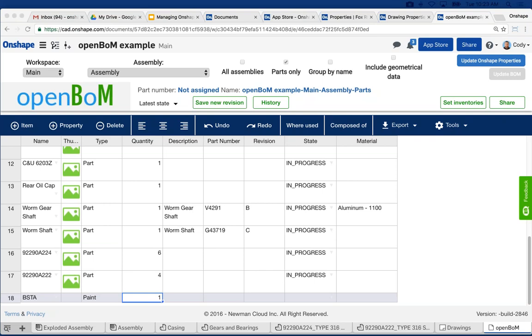Question: OpenBOM maps Onshape part number to the name field instead of part number field. Will this be addressed, or is this a permanent feature? I actually think that may be intentional. I believe it's to allow you to alter the name and group them by name, because there's an option for group by name in OpenBOM. I'm not 100%, but I would say 75% sure that that's an intentional change, just so that you could group